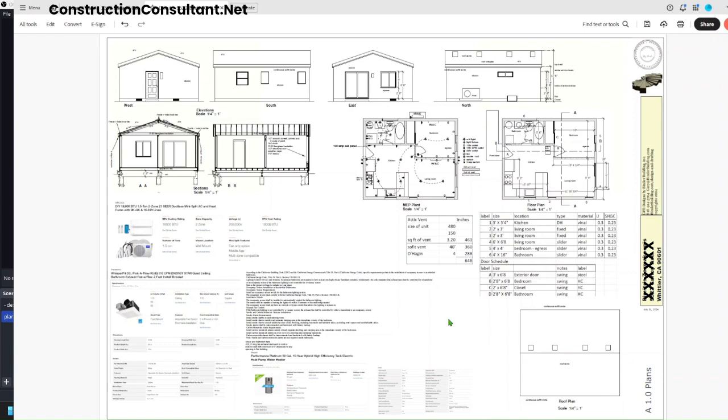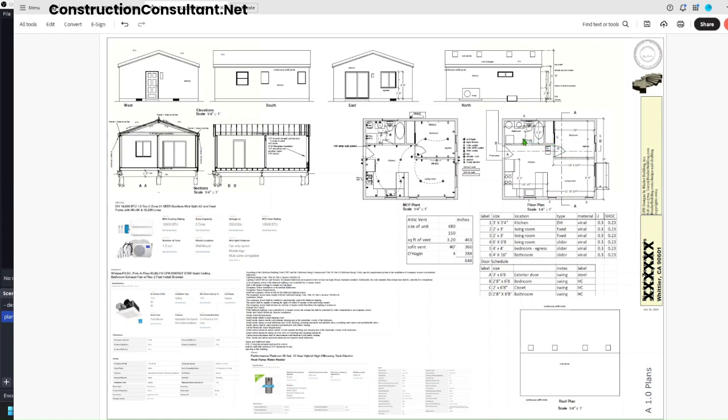We have attic ventilation requirements and how many square inches you need to provide for this attic. That's all worked out right here. And then you have the window schedule showing each of the windows and the doors. You see this A, you'll find this A right here. That's the front door. And then B would be this bedroom door, and C is the closet, and